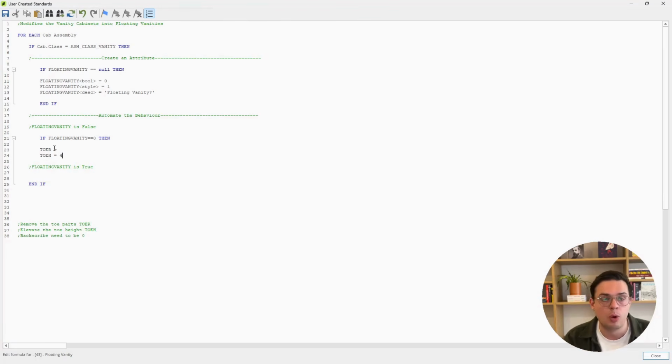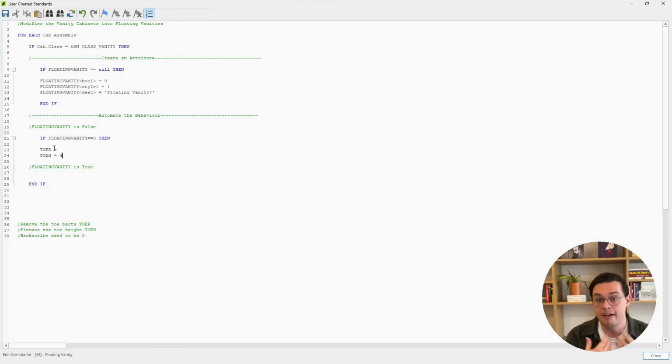Maybe, I don't know, I want the toe to be 6 inches for whatever reason. I can't do that because the UCS is dictating that of the two states that this vanity cabinet can exist in, one is 4 and one is the other setting I choose, 12 in this case. I can't have anything other than those two options, which does not really work for me